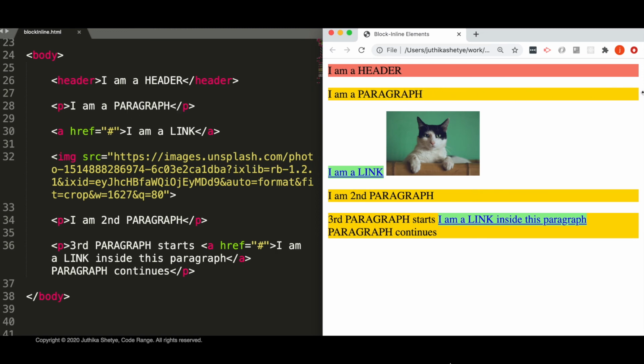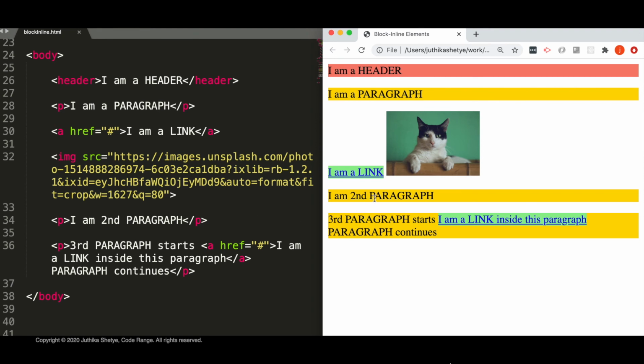It has stretched out as far as it can here. But if you have a look at this anchor element or the link and the image element over here, you can see that they occupy only as much space as their content and they have displayed here next to each other. And just to show you another example of this concept, I have again put a paragraph after the image.